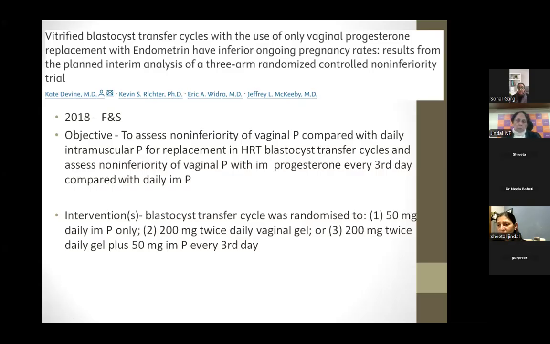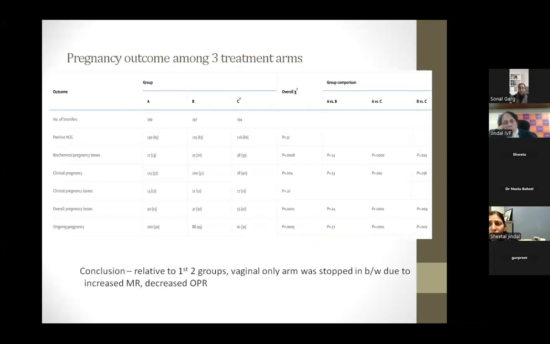One arm was only intramuscular progesterone, in the second arm 200 milligrams vaginal gel was given twice daily, and in the third, gel plus intramuscular progesterone was given. So the pregnancy outcomes were seen in all three groups, and this was very important to note, that only with